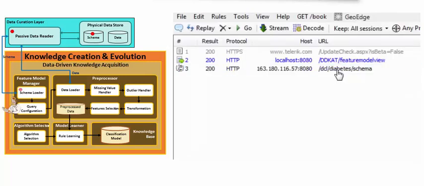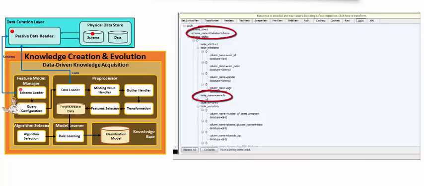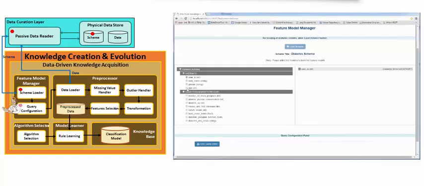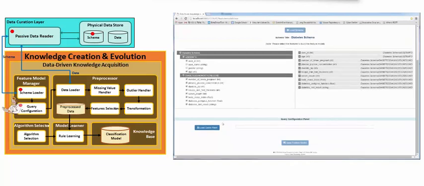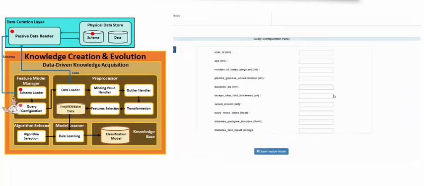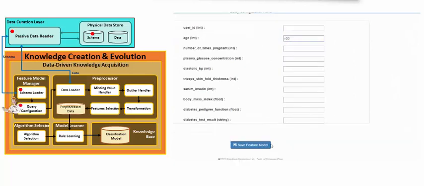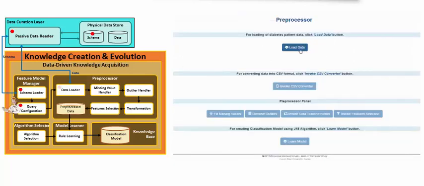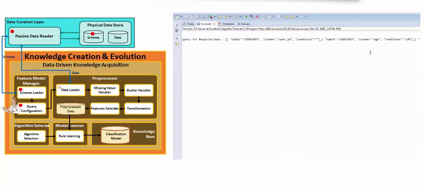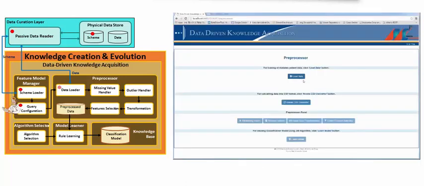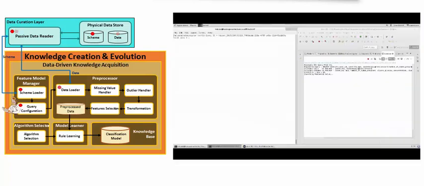So first of all, the schema is shared by the data curation layer with the knowledge creation layer. So the expert can identify and select those attributes that are of interest for extracting or creating new knowledge. Then also some filtering can be performed, like for example based on age, as it is observed in the query. After that, the data can be loaded,